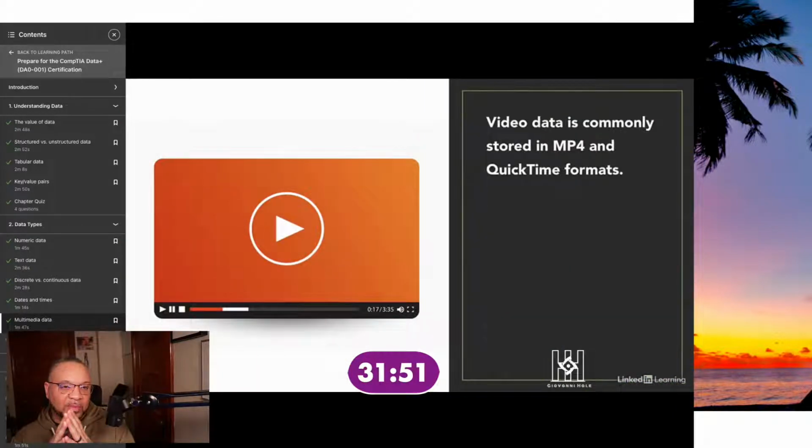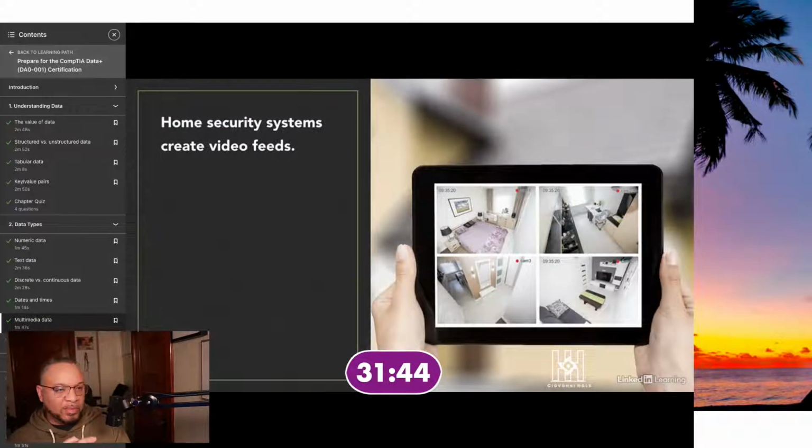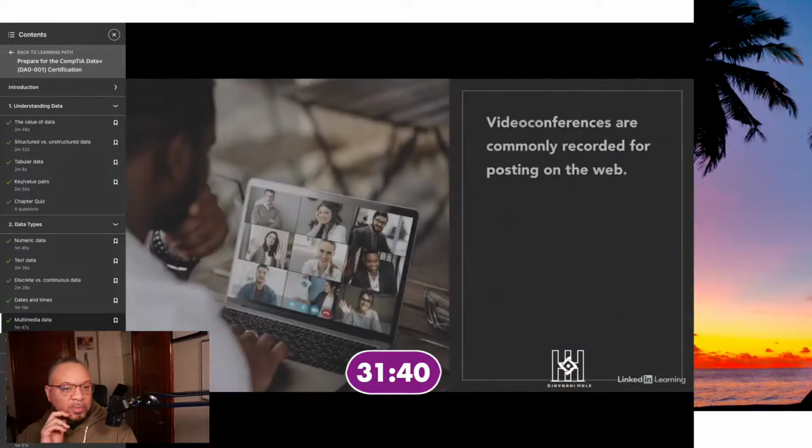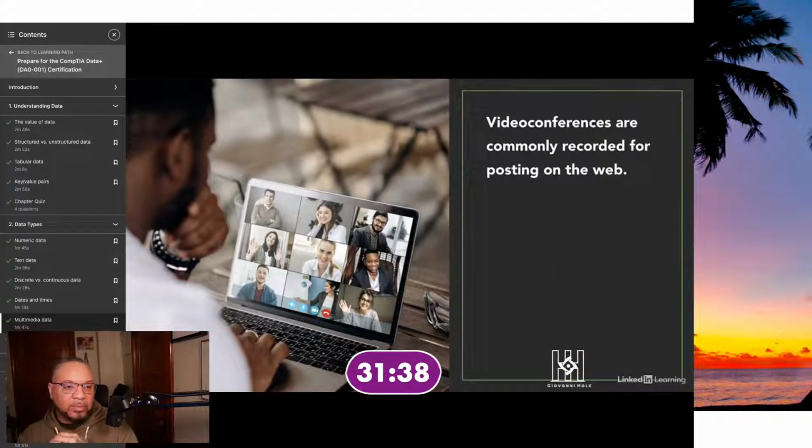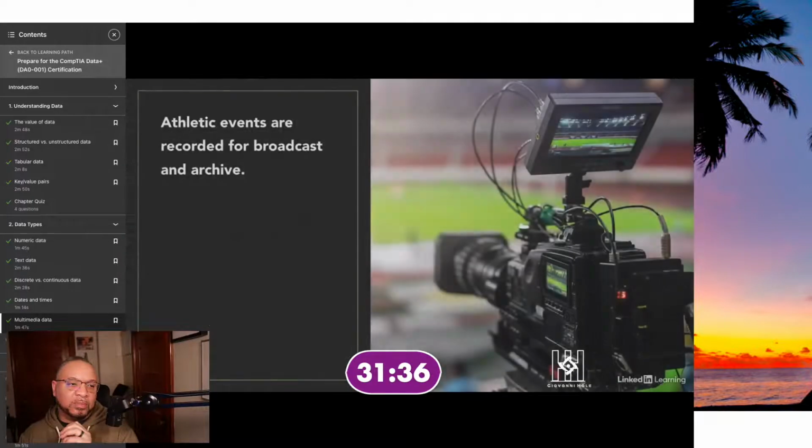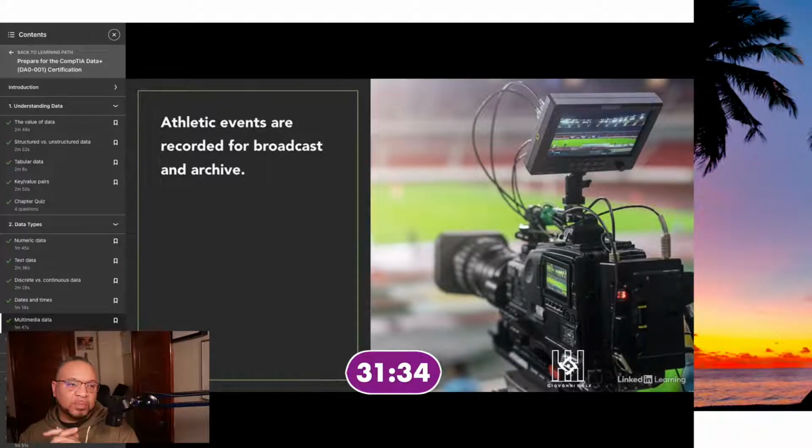Finally, video data is now widely used and stored in file formats such as MP4 and QuickTime. Applications of video data range from recording feeds from home security systems to preserving files from video conferences and storing recordings of athletic events for archival purposes. Whatever the application, video data takes a large amount of storage and it has to be carefully maintained.